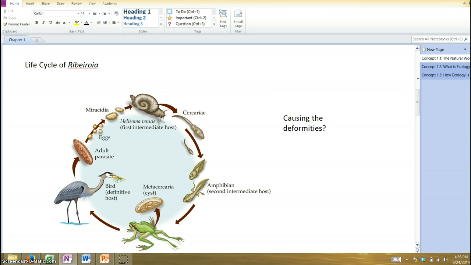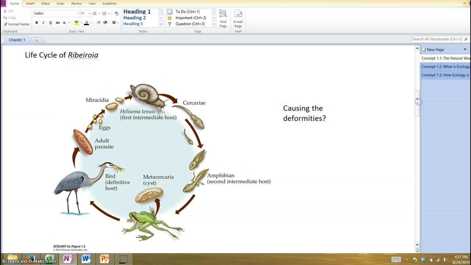The first hypothesis that's discussed is, and backing up for a second, it's thought that amphibians are what are called indicator species. That is, they indicate some sort of problem with their habitat, with their surroundings, the natural world. Okay, so the first hypothesis has to do with a parasite. This is an organism called, and I'm not sure how to pronounce this, Ribeiroia. And it has an interesting life cycle.